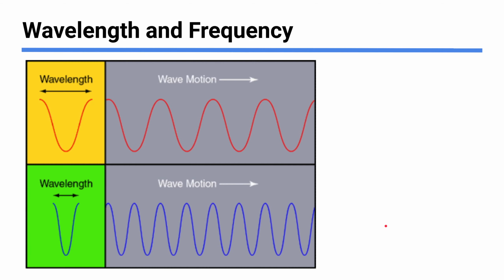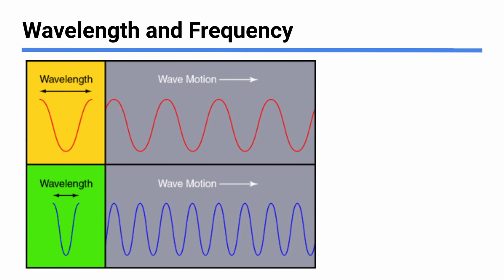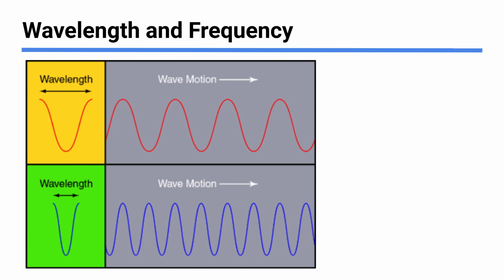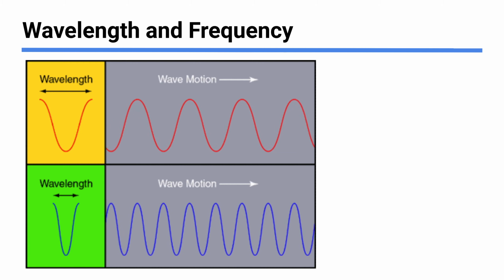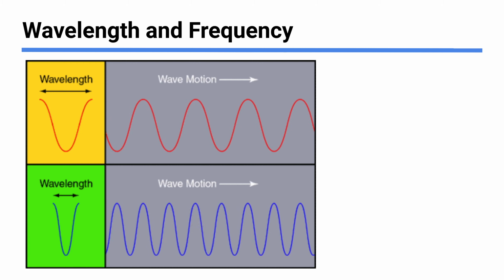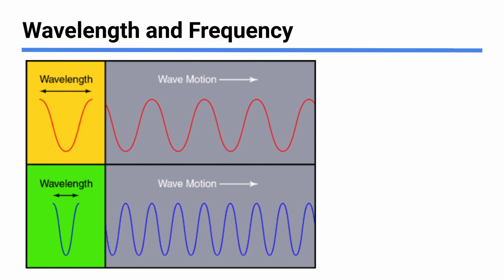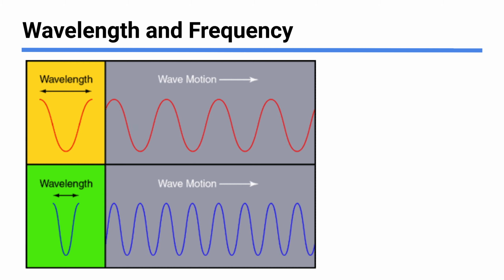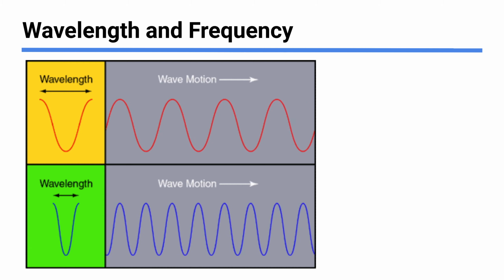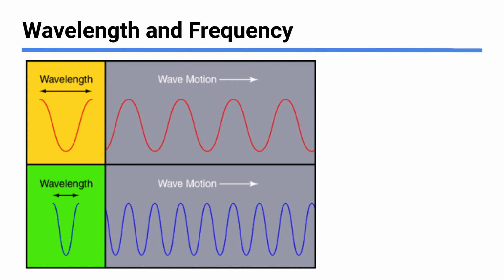Here's a little animation that shows that idea. So here we have 2 waves, a blue one and a red one. They are definitely both moving at the same speed side to side. I think we can see that here, that they're traveling at the same rate side to side. The red one has double the wavelength of the blue one. And what that means is it's got half the frequency.